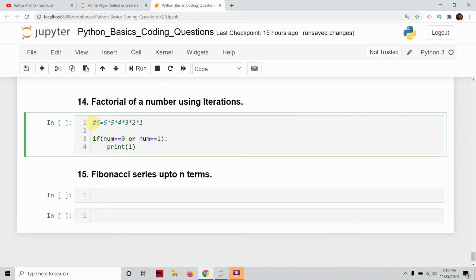So first of all, what we need to have is the number whose factorial we want to calculate, right? So number is input, enter the number, right? But we don't want the number to be in string, so we'll typecast it to integer,